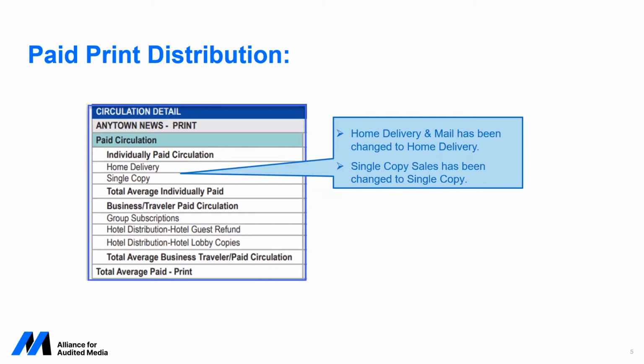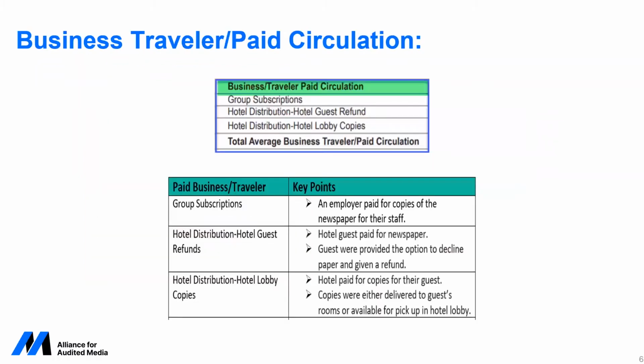Really wasn't a whole lot of change to paid print. This is mostly a cosmetic change: home delivery and mail is now called home delivery, and single copy sales is now just called single copy. Your paid business traveler, there was no change to that category either. So you still have separate breakouts for business traveler for group subscriptions, hotel distribution, guest refunds, as well as hotel